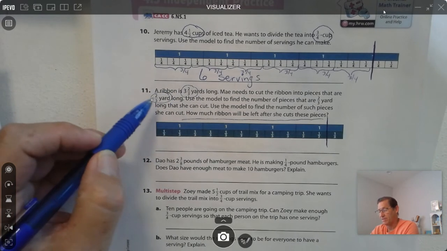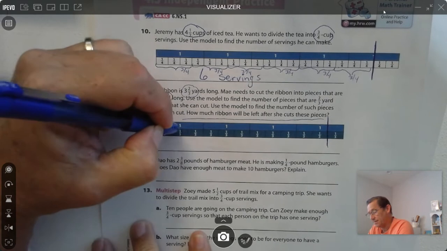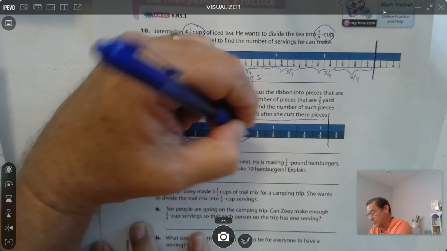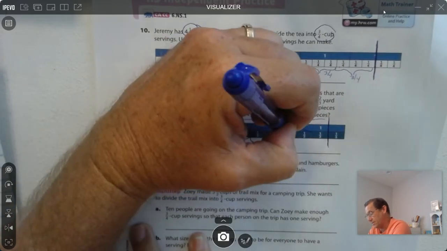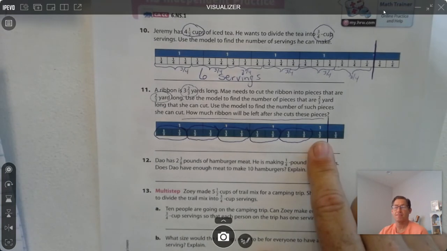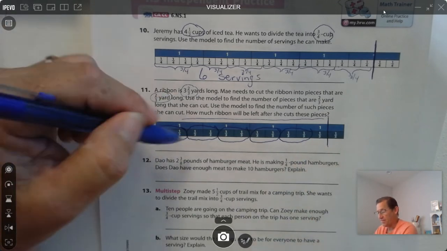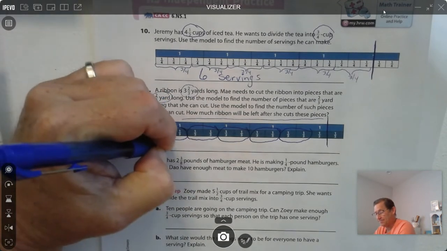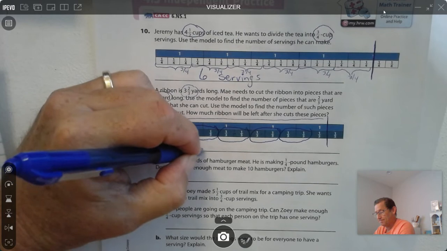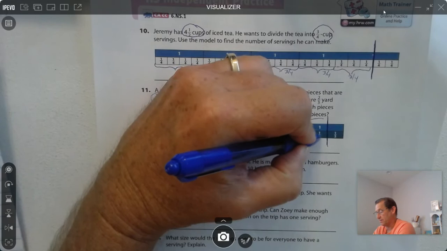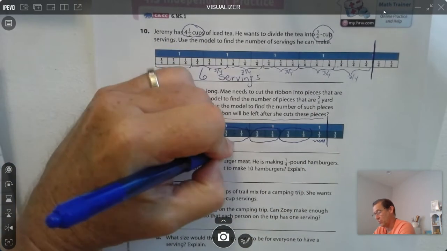She's going to cut the ribbon into 2/3 yard pieces. So we can circle 2/3, 2/3, 2/3, 2/3, 2/3. So we don't have another set of 2/3. We have a 1/3 left over, right? So how many can she make? She can make 1, 2, 3, 4, 5 pieces. And how much ribbon will be left after she cuts these pieces? Well, this part is left, so 1/3